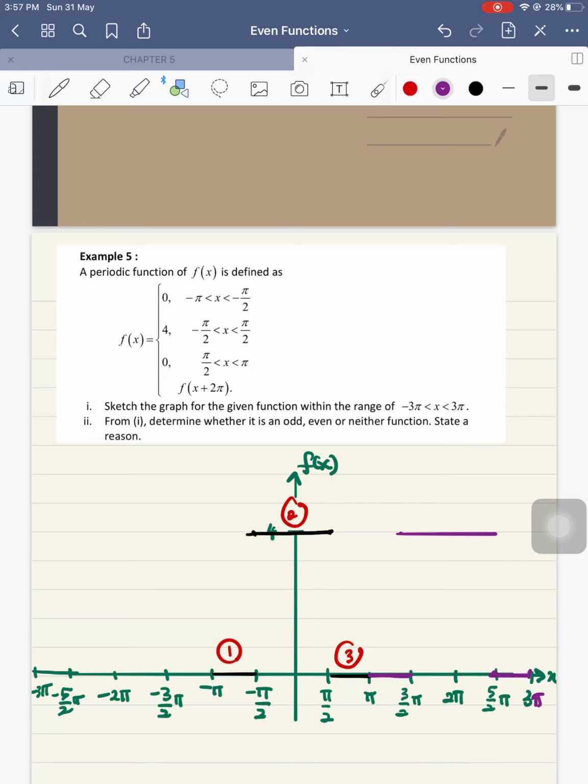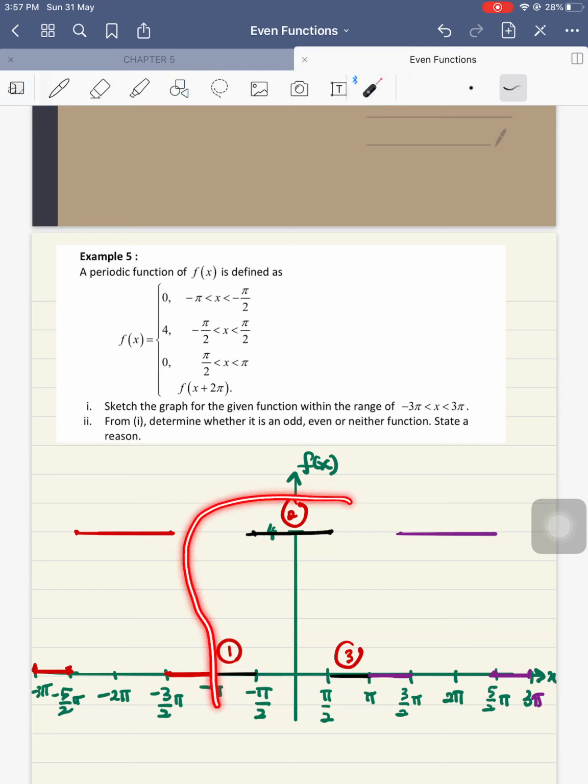So you will have this one here. Okay, so on the other side, which is the left hand side, you need to start with the number 3 first, 2 and 1. So you will have 3, 2 and 1. Okay, so therefore you will have a graph which looks like this one. This one here. So the second one will be from here until here, another straight line, and the last one is here. Okay,